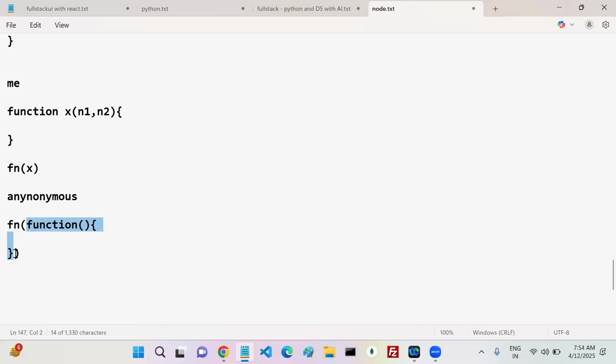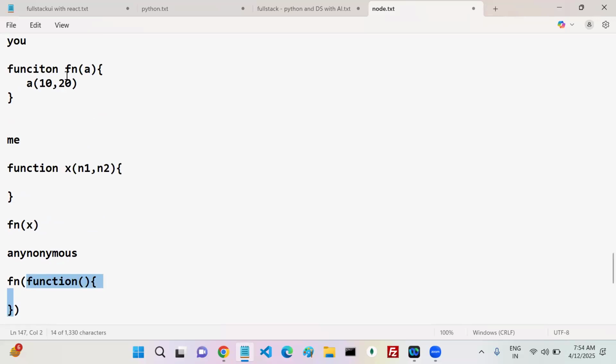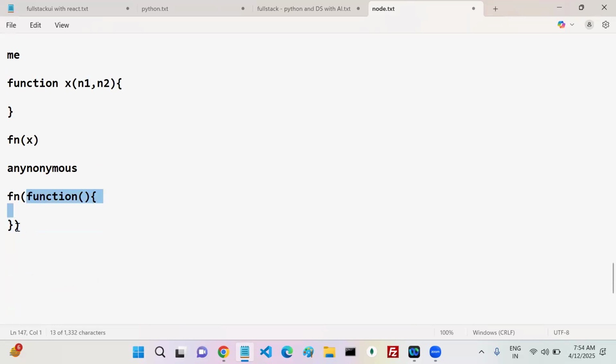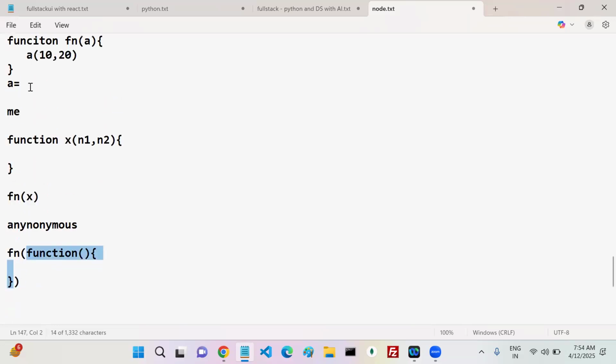Goes to fn. So this value is assigned to whom? A. So my A is equal to this one, yes or no?